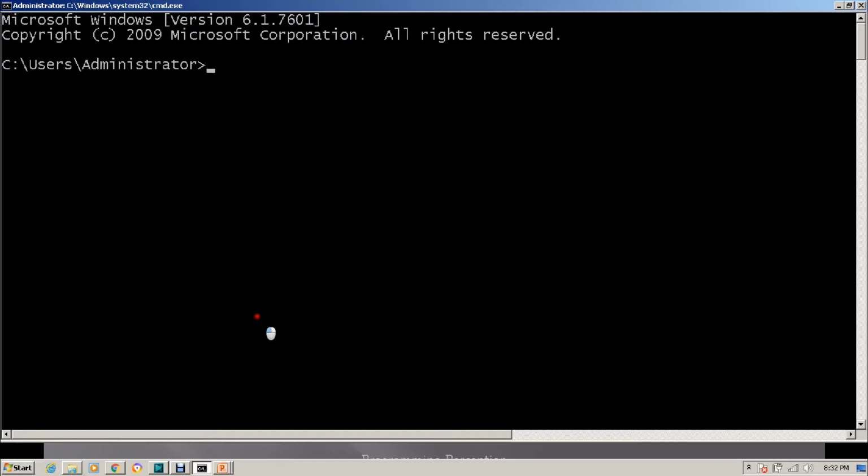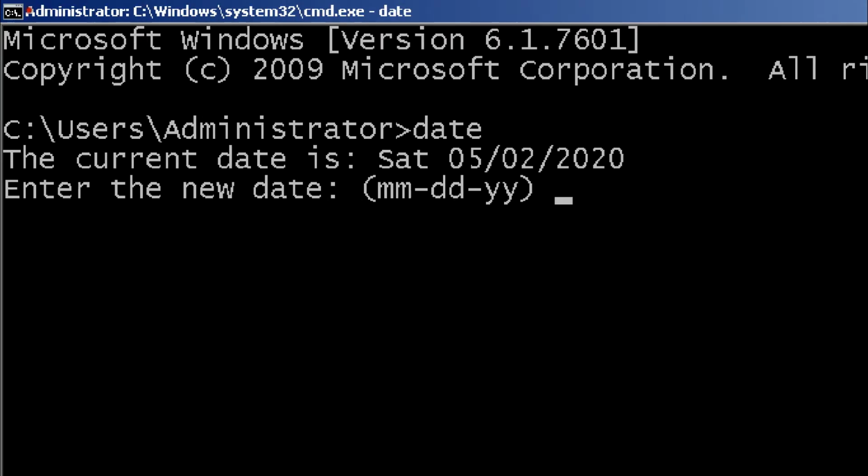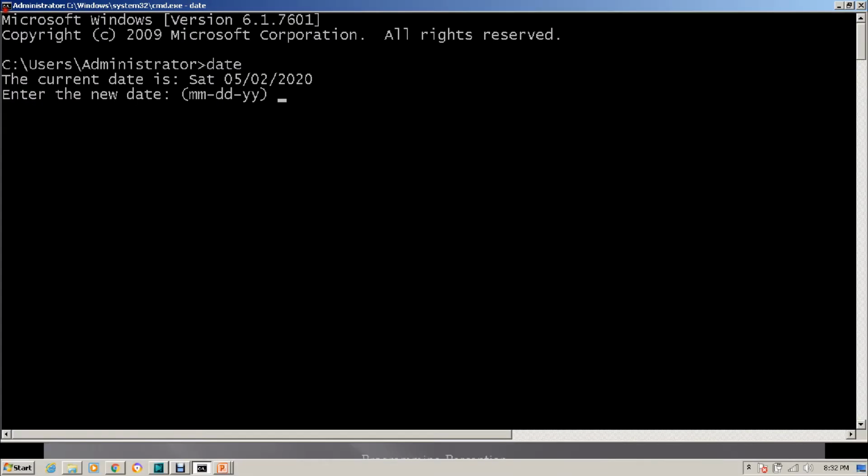I have already opened a command prompt window. Let me show you some basic commands. For example, one command that I am typing right now is date, D-A-T-E. As soon as I type it, you can see I get today's date, and I also get an opportunity to change the date if I want. If I don't want to change it, I can simply press enter. Make sure the commands that I am telling you will operate only if you are working as an administrator user. If you are working on a restricted user like a guest, then most of these commands will not work on it.